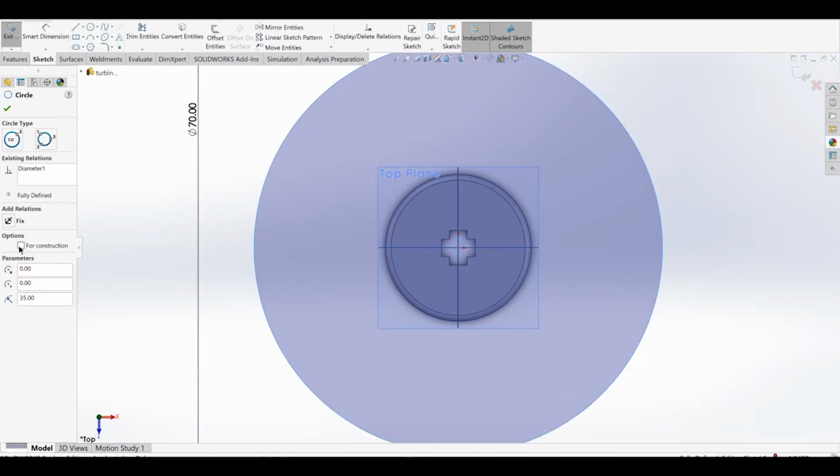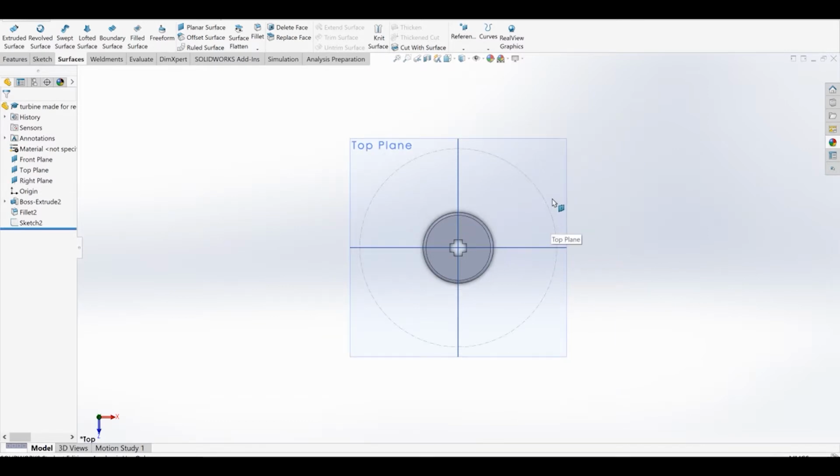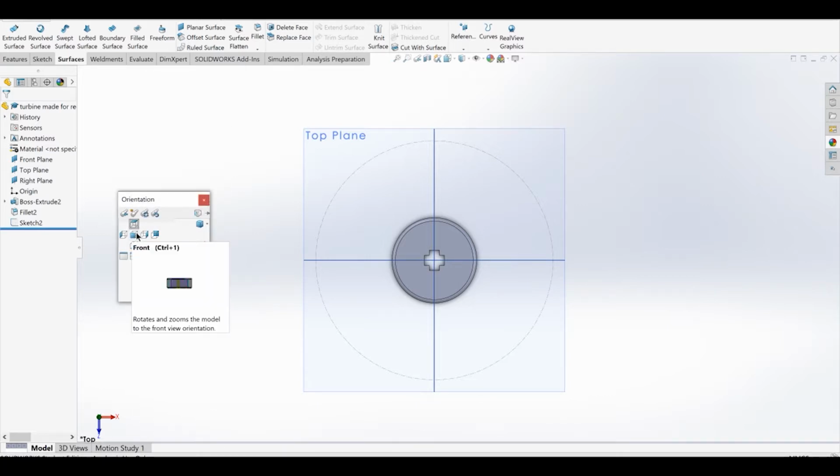Then I'll convert the circle to construction geometry and exit the sketch. So what we have now is a rough visual representation of how large our blades can be relative to our turbine hub. I'm going to go over to the front plane